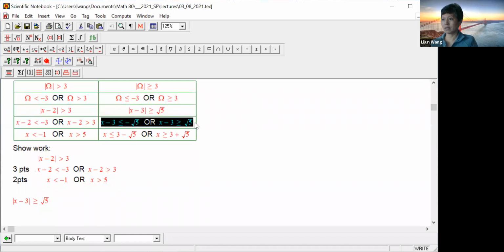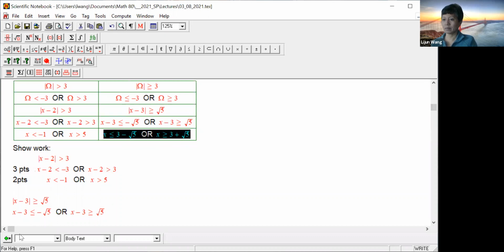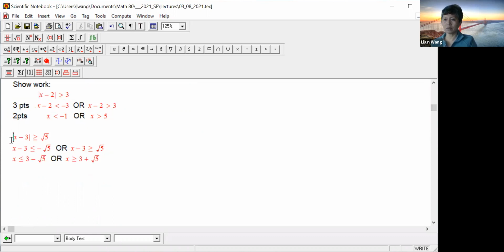Well, this is going to be the second line. And this is going to be the third line. Okay, it's a bunch of if-then statements. That's what we're doing here. If this is true, then that. If this is true, then that. How many points are you getting for this? 3 points. Again,